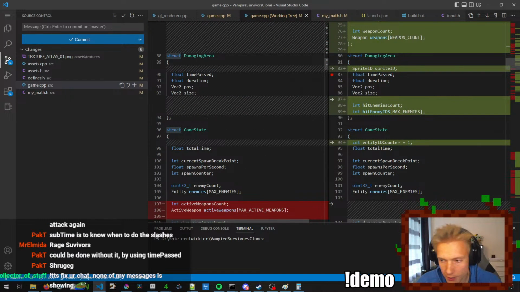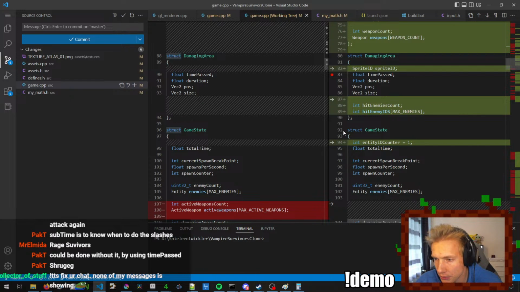Chat, none of my messages is showing. Does this setup allow animation cancelling? Since I figure you can just swap weapon and check again. This is Vampire Survivors. You don't do any animation cancelling.